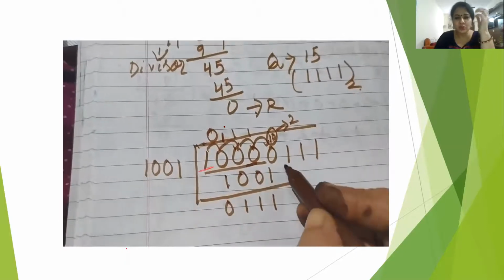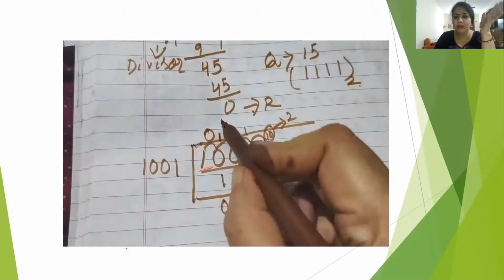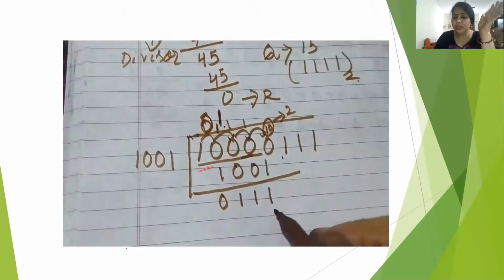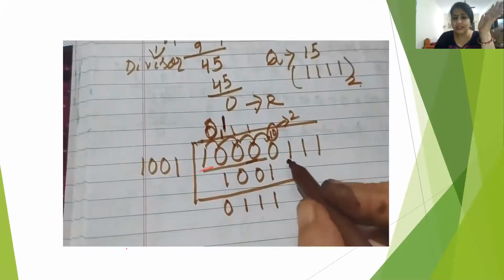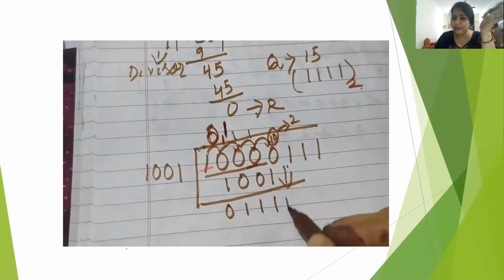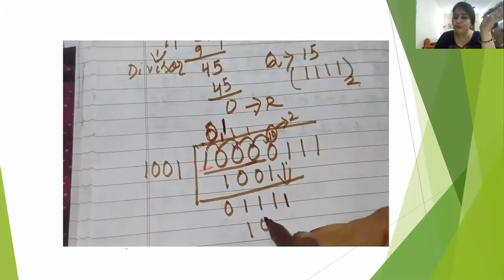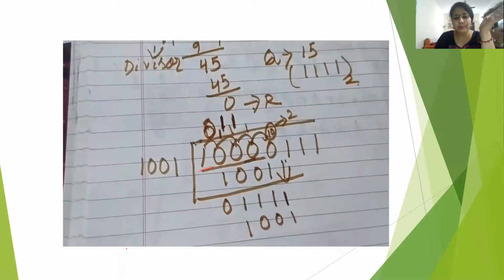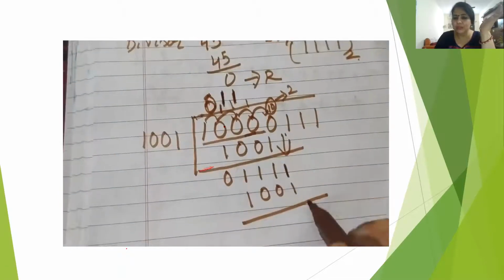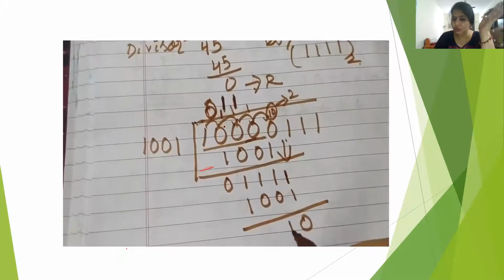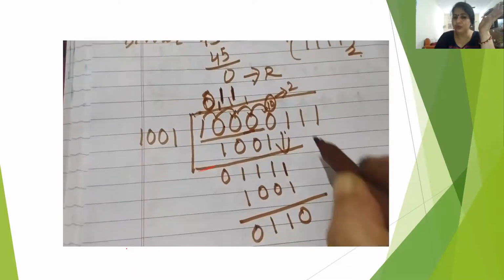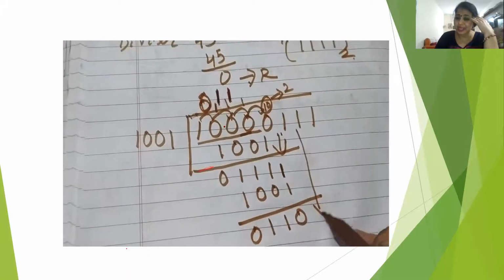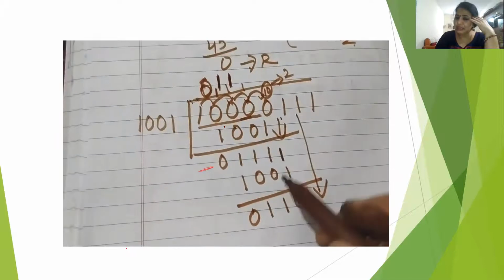Now with 3 digits subtraction is not possible, so that's why I put a 1 there. Now what happened? This is 3 digits and it should be 4 digits, so again I have to bring another digit from above, and then it is 4 digits and subtraction is possible. So 1 I put on the quotient directly. Then I do the normal subtraction: 1 minus 1 is 0, 1 minus 0 is 1, 1 minus 0 is 1, and 1 minus 1 is 0. Now again 3 digits, so to make it 4 digits I have to bring down another number.